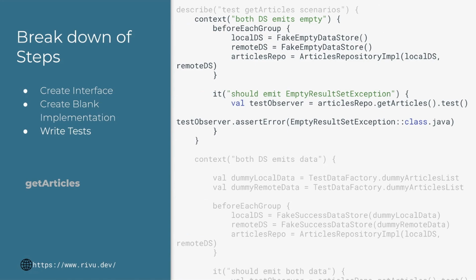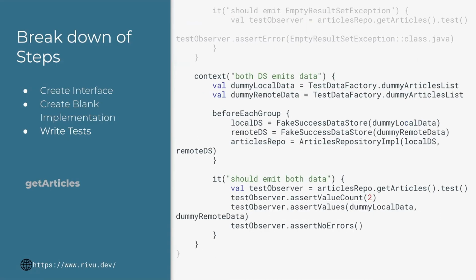Again, dot test is an RxJava method that returns a test observer for your testing purposes, and then we are asserting that it returns an EmptyResultSetException. So it should return an empty result set exception saying both data stores were empty, and we are checking that. So that is the first scenario, and the second scenario is when both data stores emit some data,